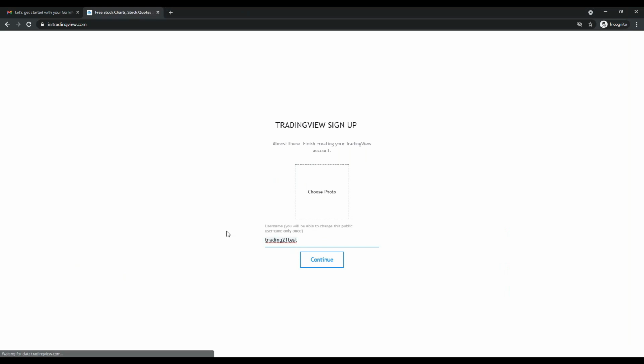And here it's asking to provide the name. So you should provide your username or whatever you like to be your username. Let's say trading test, I'm giving any name. You can choose your photo, and later if you want you can upgrade to premium as well. Okay, so this name is not available, right? So trading testing for free, something like that. It's not allowing it. Okay, let me try trading this 2021, right? 2021 batch. And this is batch 12. Click continue,